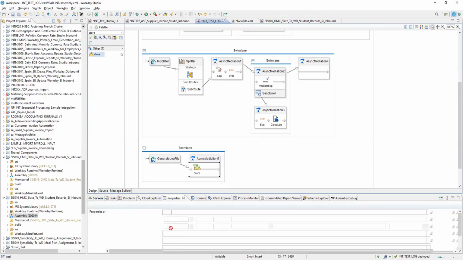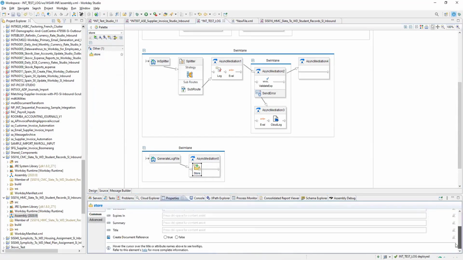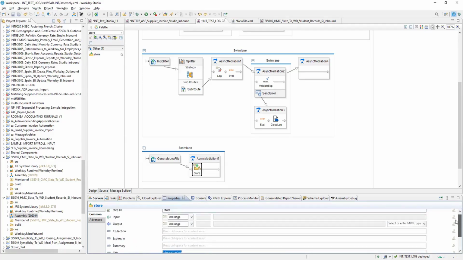And in store, you remember integration log. Okay, so this is the name. Now the main important stuff is input.